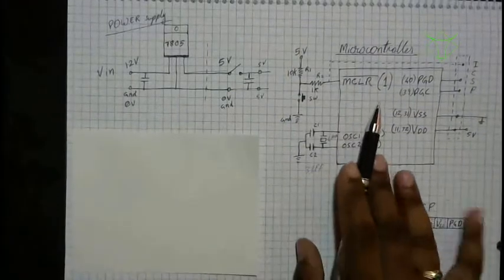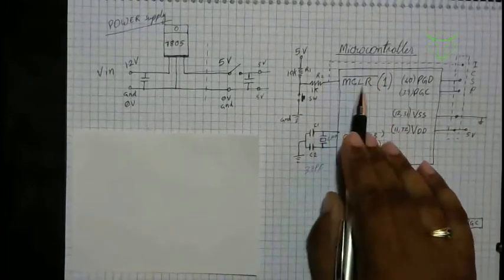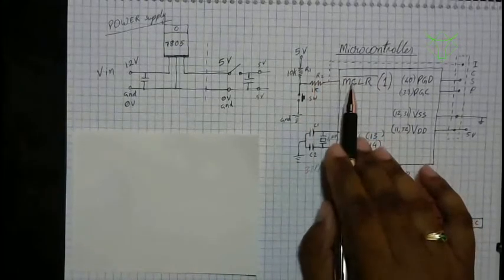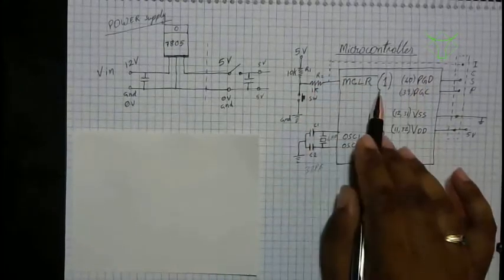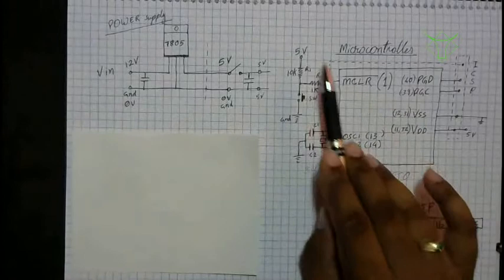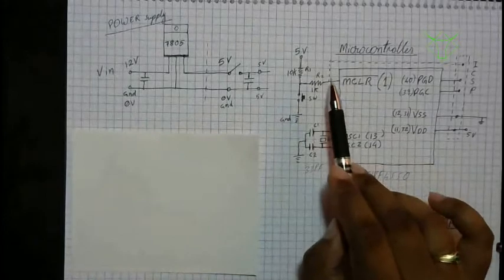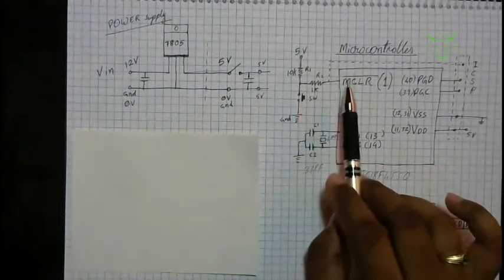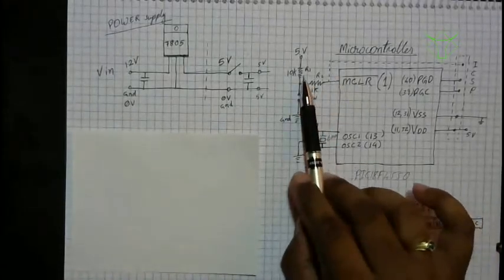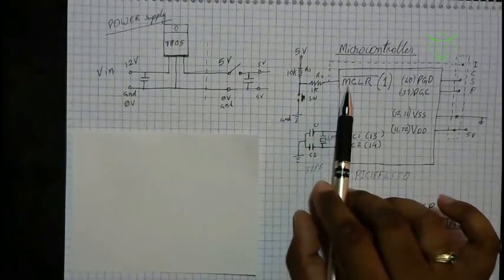Let's look into the microcontroller circuit. MCLR, you can see MCLR bar, that means active low. If you ground this pin, the microcontroller will reset. Okay, it will clear off the memory and reset its address to 0000. So how do you connect a switch to this MCLR pin? You can't just directly connect this to 5 volts because a lot of current will rush through, and it will damage the MCLR pin. So you have to connect a 10K resistor and then a 1K or 500 ohms resistor, and then connect to MCLR.